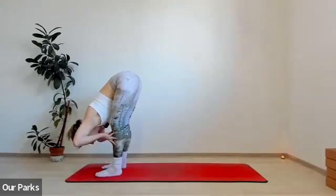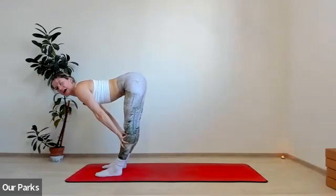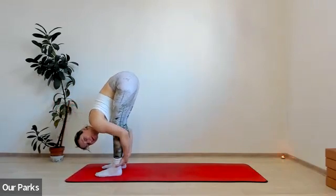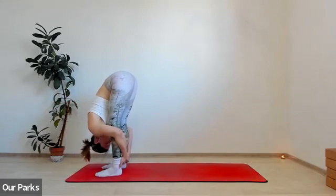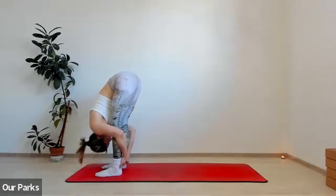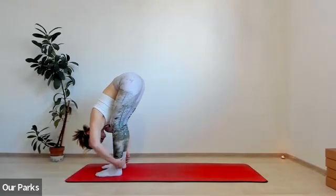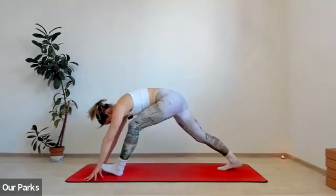You choose your variations, fingers to the shins, it's absolutely fine to find a length through the spine as well as the back of your legs. And on the exhale, soften into the back of your knees, pull yourself all the way through, chin to your chest. Stay here for an extra breath, give it a yes, and then release any tension from the neck. Place the palms to the floor and step your right foot back all the way to the space behind you